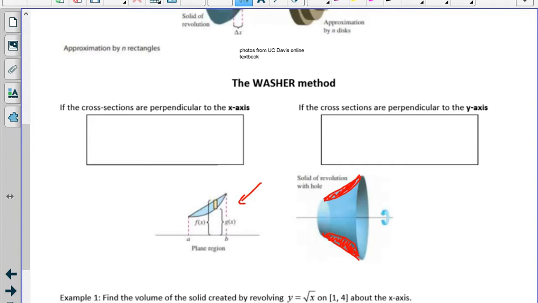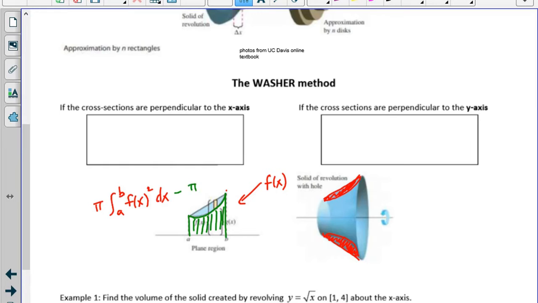Before we write things in the box, I'm going to talk about what's actually happening in this particular problem. In this particular problem, when I rotate this, what I'm actually doing is I'm rotating this entire thing, which is going to be a radius of f of x. So that is pi times the integral from a to b of f of x squared dx. Remember, it's squared because pi r squared is the area of a circle. And then I'm rotating this entire thing around,